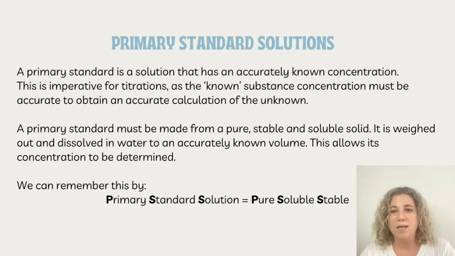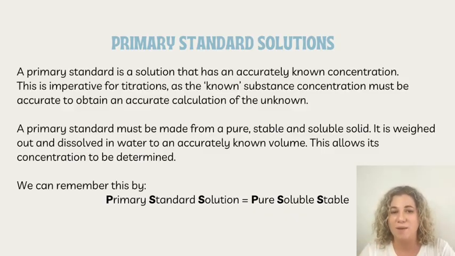So what is a primary standard? A primary standard is a solution that has an accurately known concentration. Now, a primary standard has to be made from a solid that is pure and stable, as well as soluble. We need to weigh that out. And the reason it needs to be pure and stable is so that it's not going to absorb moisture from its surroundings, because then that is going to affect